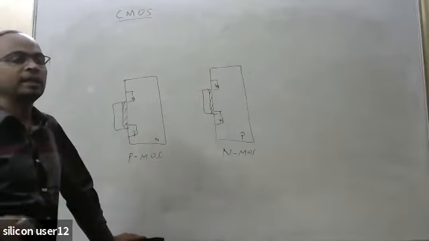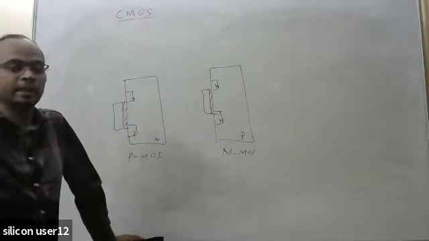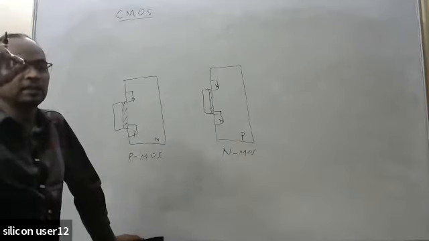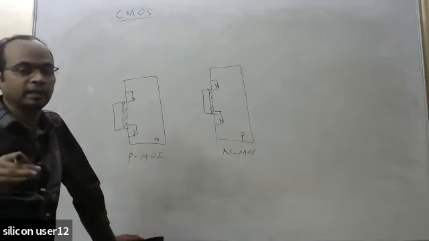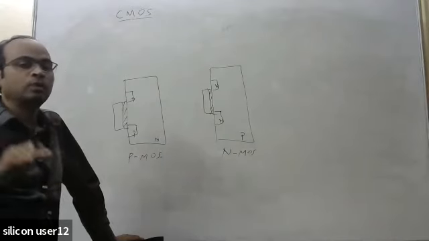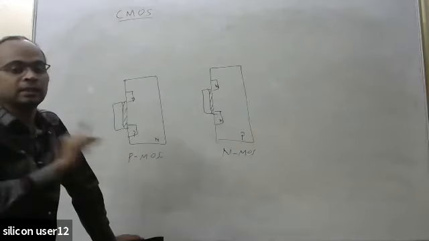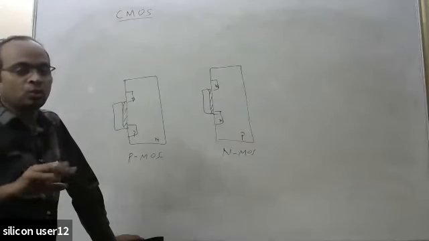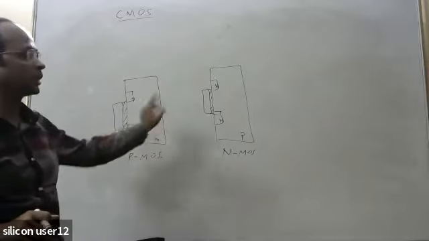Actually, in the fabrication process, these things belong to VLSI, very large scale integration. You know that inside your IC there are a lot of transistors. Those things are done in VLSI. A particular design process is there, so we have to follow those design rules, and based on that, these transistors are created. Just in brief, I'll tell you how to create this CMOS inverter.